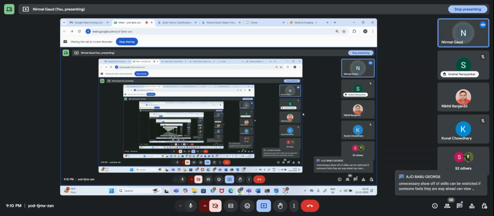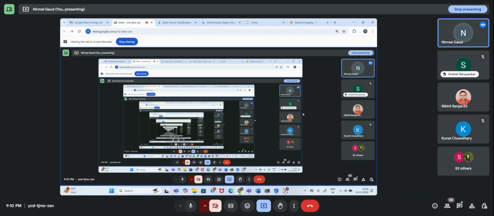Because in the code, if I write CNN, they should understand what CNN is. I can't directly show the code or the implementation. Let me first build the basics for them, and then we can go ahead. First, they should have the knowledge of what I am going to use.